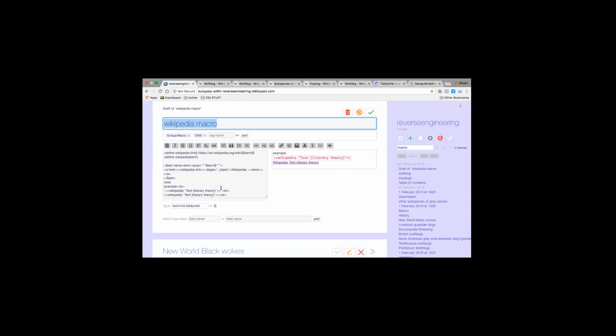If you wanted to build a series of links to something else, you could modify this macro. In order to get something to work as a macro, you have to tag it $:/tags/Macro or macros, I can never remember which. And if you look at my code there, you should be able to figure out what it's doing. Okay. And you can modify it.